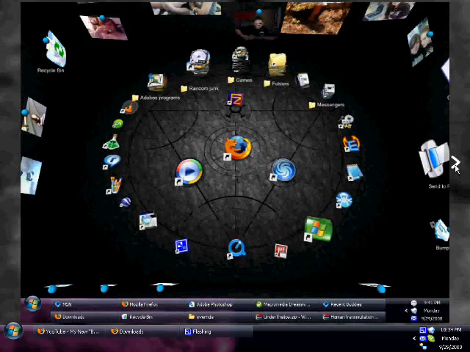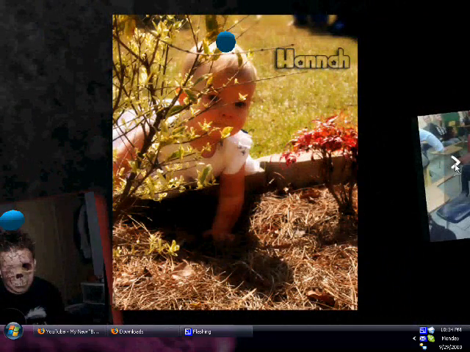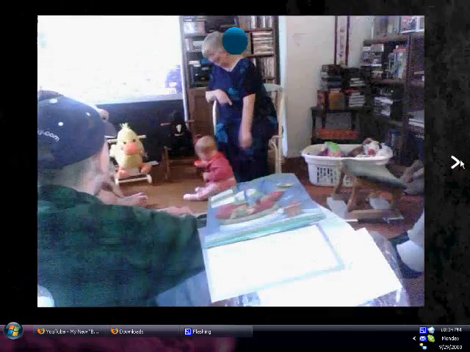Now that was a picture of the desktop. There's a little picture of my little nephew, cousin thing. I don't know what she'd be, but it's related somewhere. Just family pictures and stuff you'd have on your desk at home. Anyhow,